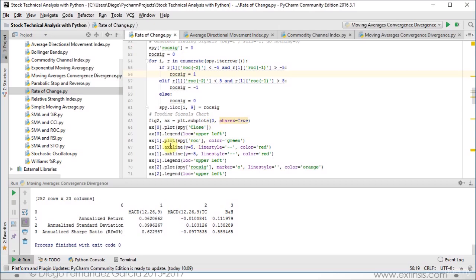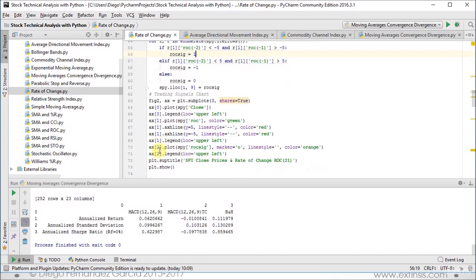Then we're adding the two horizontal lines, axhline at 5 and -5, with line style dash and colored in red for our corresponding upper and lower thresholds. Then we locate the legend at the upper left, and the third of our charts at position 2 is the corresponding trading signal with its marker as dots, line style blank, so that there are no lines connecting the dots, colored in orange for differentiation, its legend, and we have the title, which is SPY close prices and rate of change